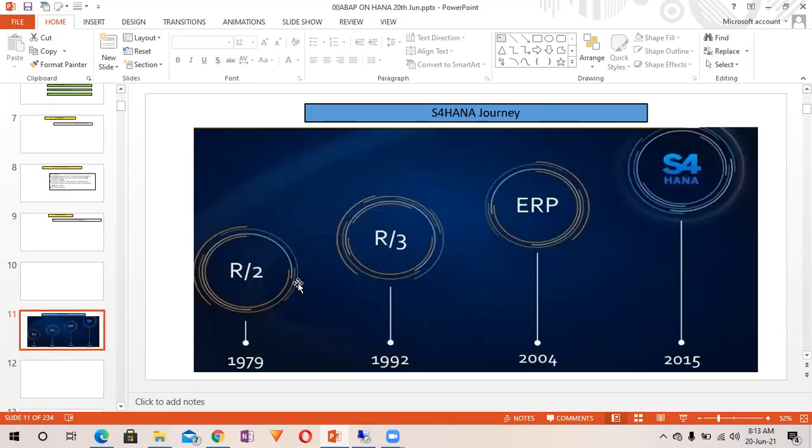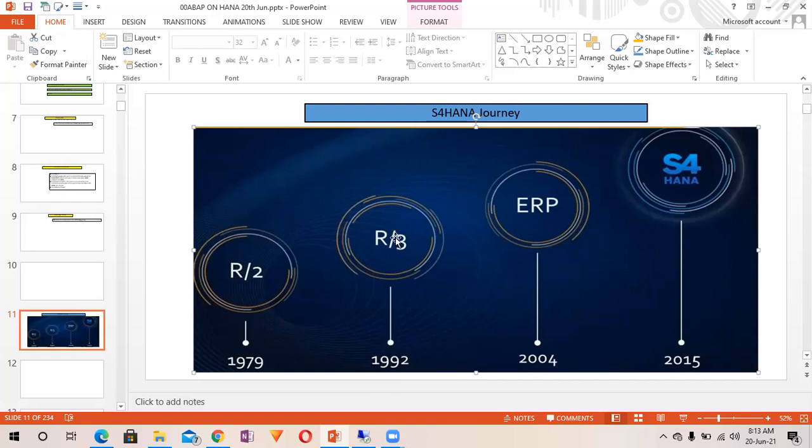Now let's see about the S4 HANA journey. SAP introduced R2, meaning Tier 2 architecture, in 1979, and then in 1992 the R3 architecture.